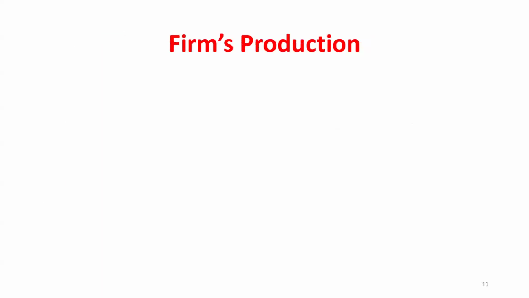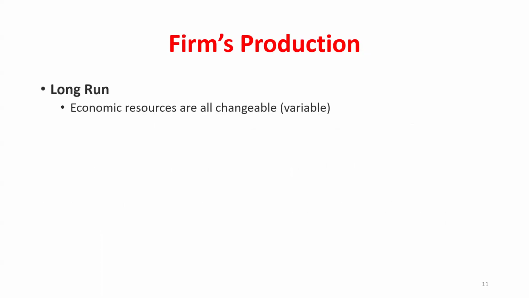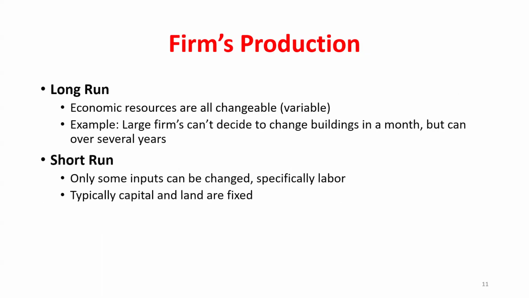Okay. So we're going to pivot a little bit because before we get to costs, we have to understand how factors of production will influence those costs. So we're going to talk about the difference between the long and the short run. In the long run, and here it's not going to ever be a certain number of years or a certain number of months. This would look different in different industries. But in the long run, the pure definition is if I could change every factor of production, I'm in the long run. That could be 10 years, 20 years, over the next 50.